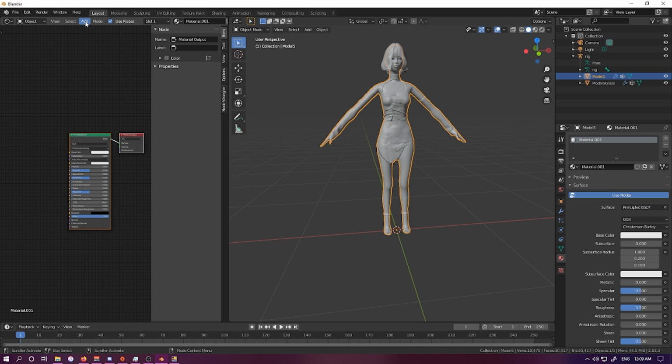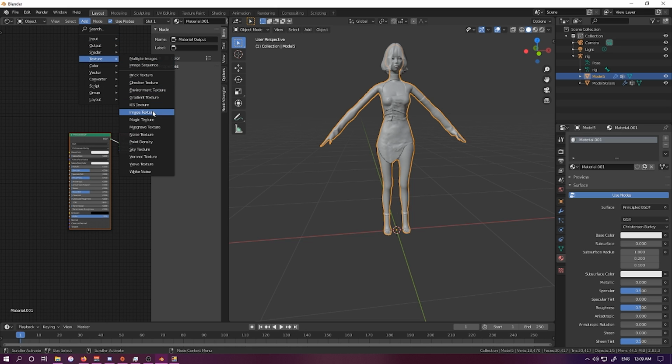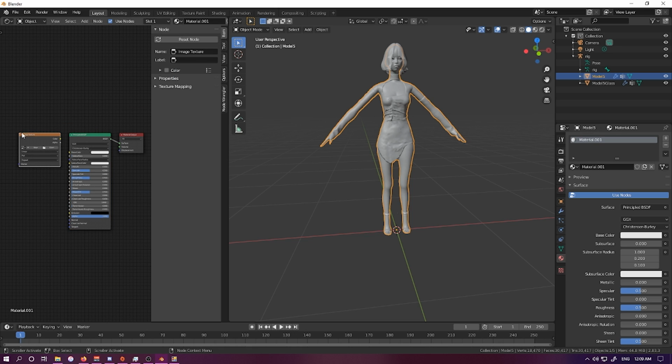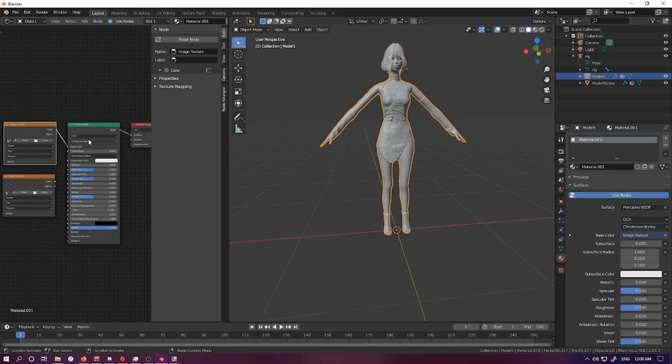So we're gonna go up here to add, texture, image texture, and we're going to put another one of these down as well. So make sure that you have two image textures down. And now we're going to take the first color on our first image texture and attach this to the base color of this principled,